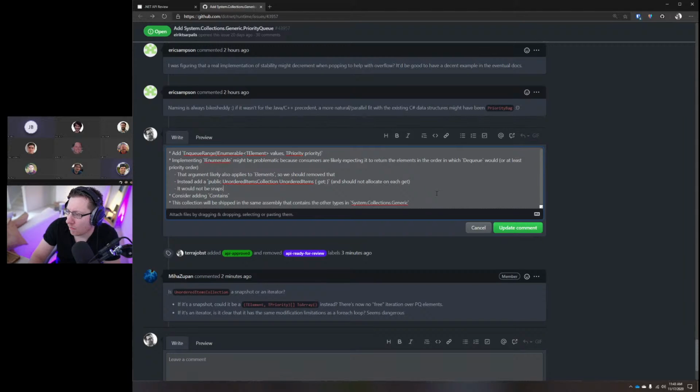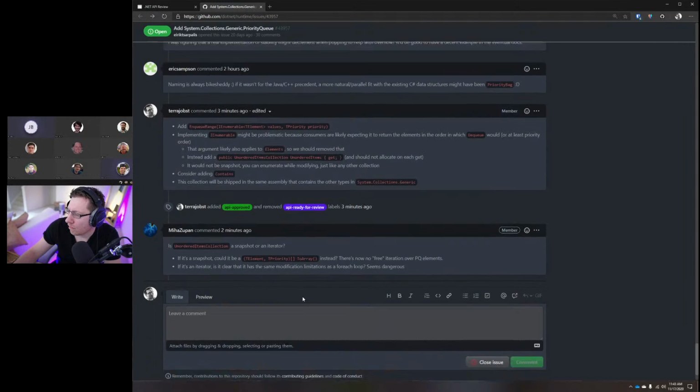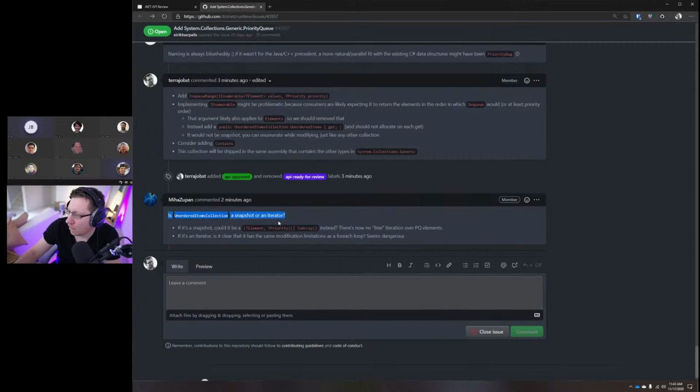Because we're exposing a struct enumerator, and assuming we want it nested under element collection, most likely it would just have privates access to everything in the parent priority queue. So it has a reference to the priority queue and just accesses it directly.